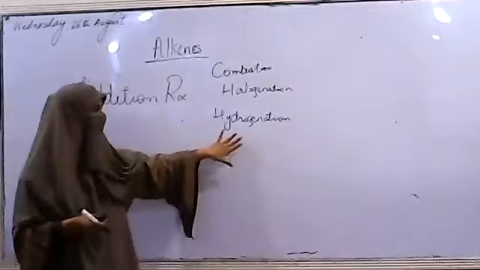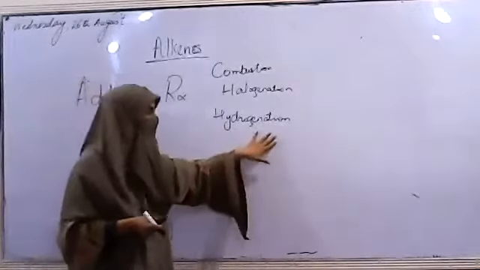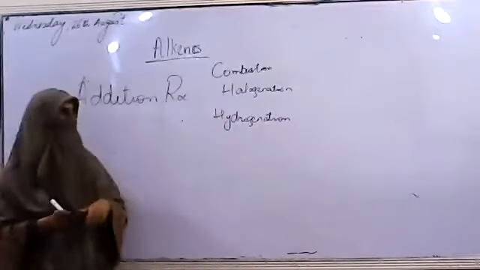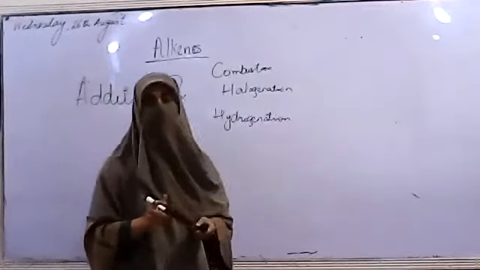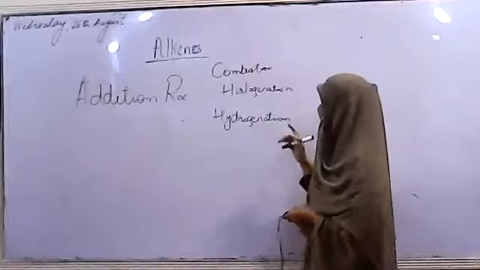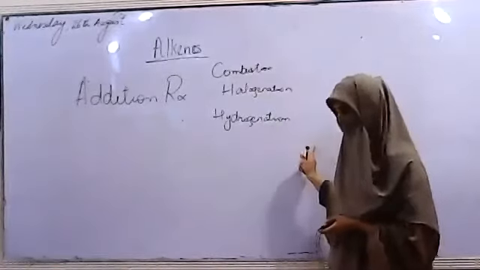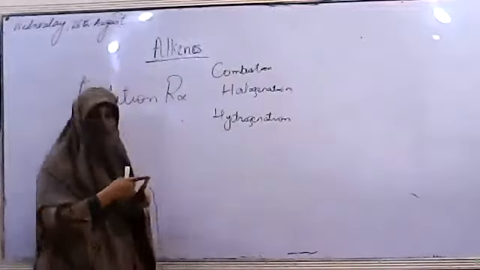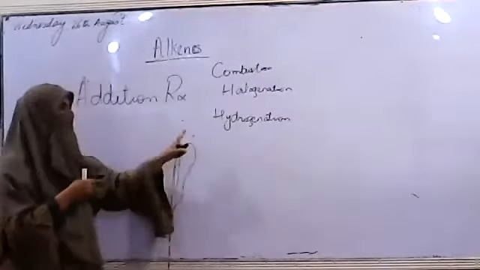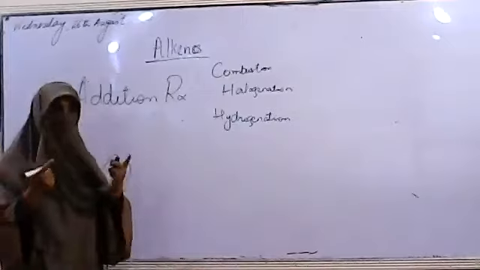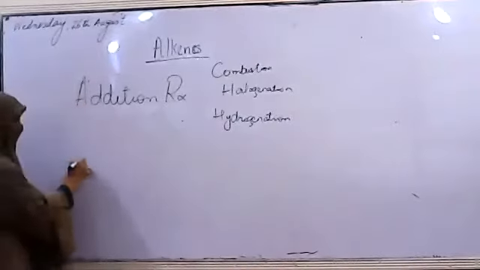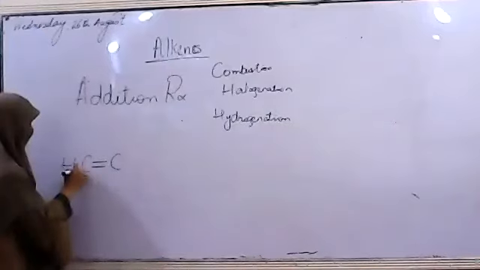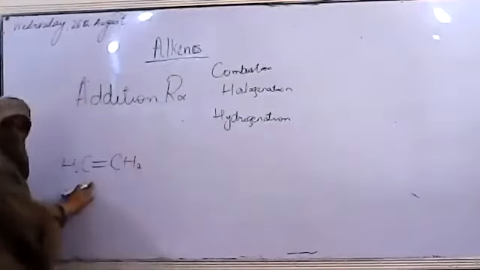Okay, now the next was hydrogenation. In this process, the hydrogen is added into the alkene. Now here comes another confusion among the students. They are confused about the naming I made on the compound after the halogen addition and the hydrogen addition. The students were confused that, ma'am, you named the halogen compound as ene and the hydrogen compound as ane. Why is this so? So let me just tell you the process. We will take the simplest alkene, no complications right now. This is ethene.